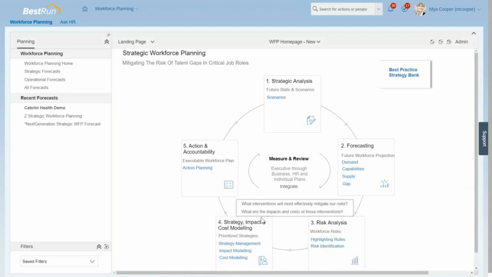And then we have the impact. So what interventions will most likely help us mitigate that risk? And what are the costs of those impacts and interventions? And the final piece is coming into the system and then taking a look at how we implement our strategies and measures. And this action and accountability is really one of the nice areas within workforce planning, in that it really allows you to take a look at different variations